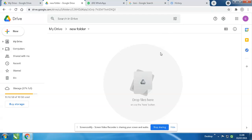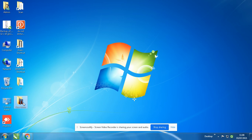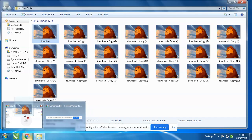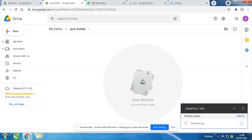And the same is the Google Drive. We have opened the Google Drive and we can now just copy paste files and use it as a digital pen drive. So suppose I want to copy a single file into my drive, what will I do? Suppose I want to copy this file. Okay, I'll just drag it here into the Google Drive and just